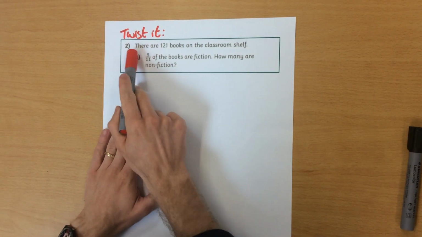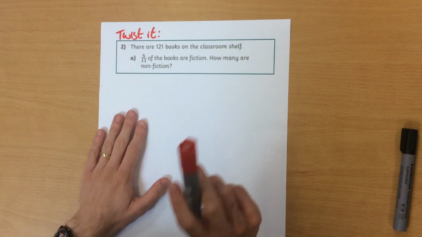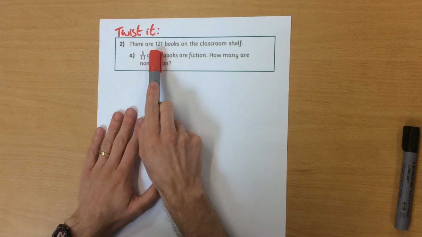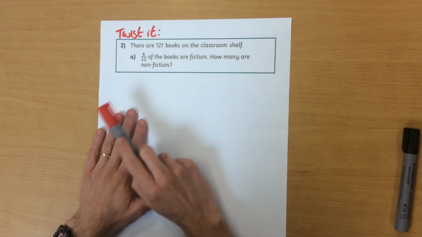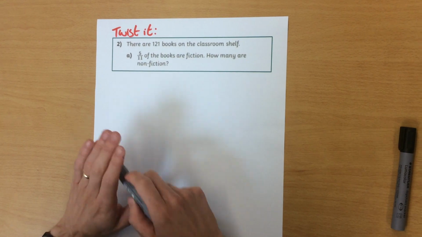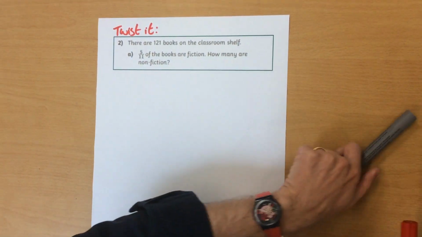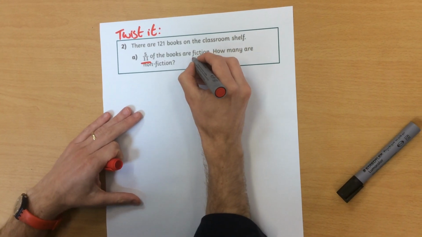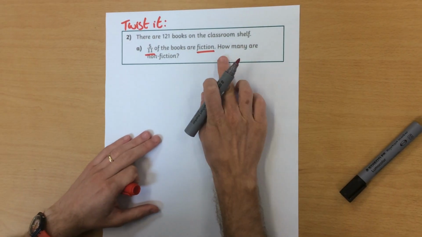Question 2, I'm just looking at question 2a. There is a 2b, I want you to have a go at that at home. It says, there are 121 books on the classroom shelf. 5/11ths of the books are fiction. So I was going to just highlight some important information here. 5/11ths of the books are fiction. How many are